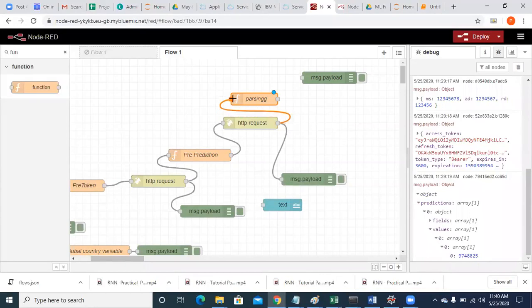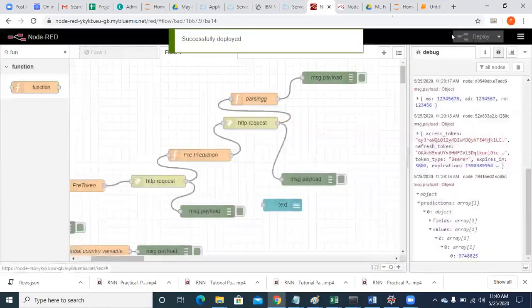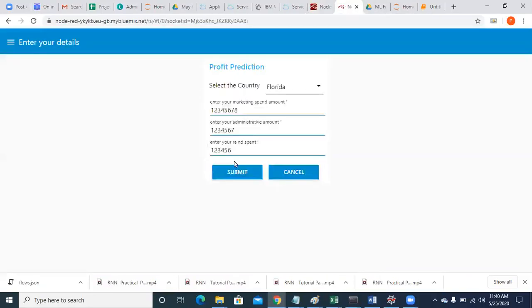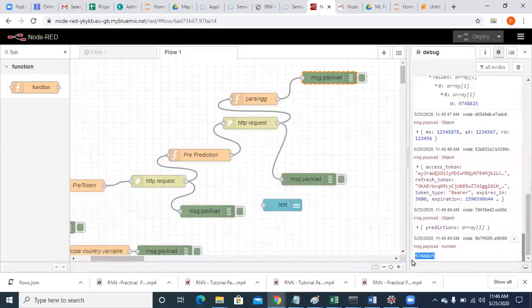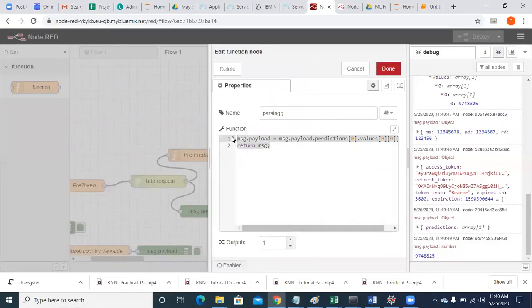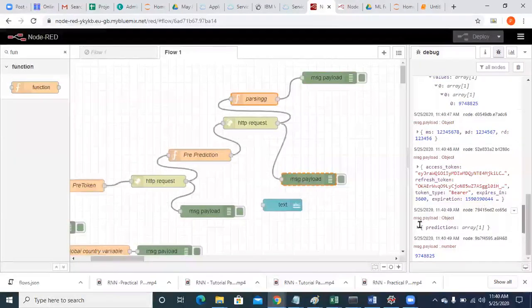Connect this to this function and this to this function. Now just deploy it, enter the values. Now you got only the value. As I have parsed my output over here, just copy this. I'm putting that in the chat window, guys. You can make use of it.